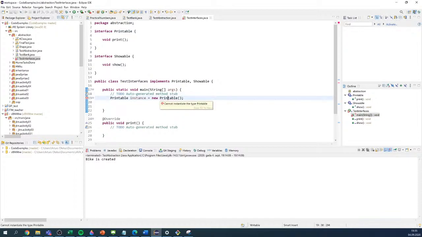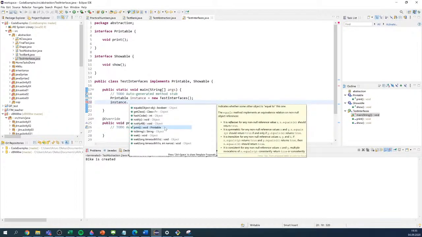Absolutely the same applies to interfaces. So it makes sense, but we can do the upcasting, like in this case, where the subclass of the interface is here. So upcasting is allowed, and now we can use only the